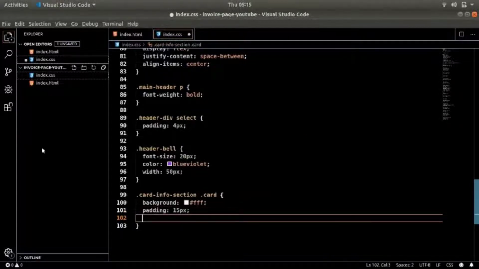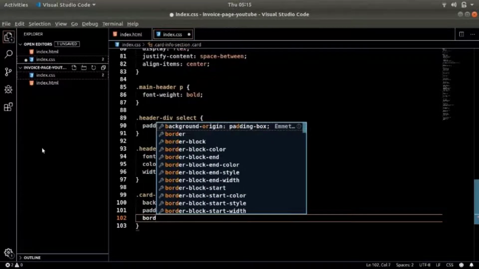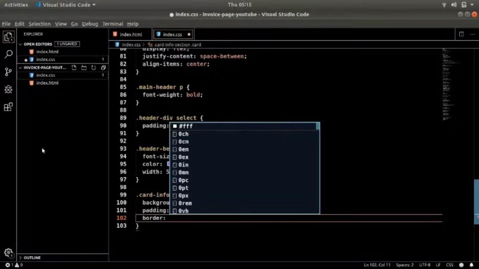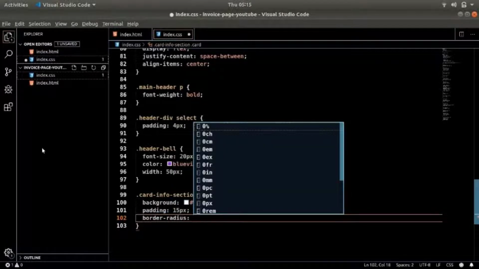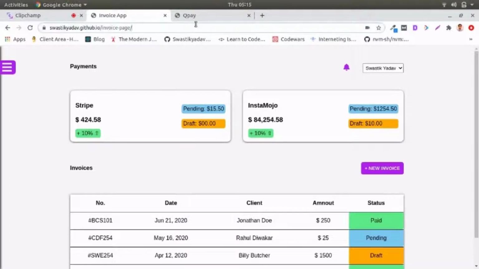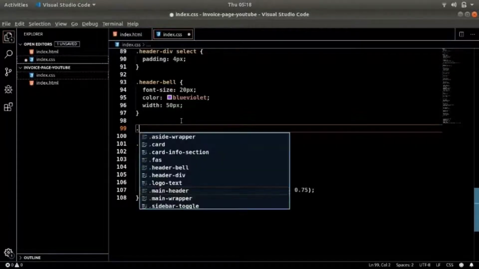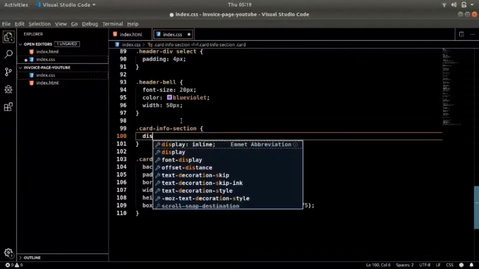And for border radius, because it should have some kind of a circular effect on the corners, so we'll go for 10 pixel.